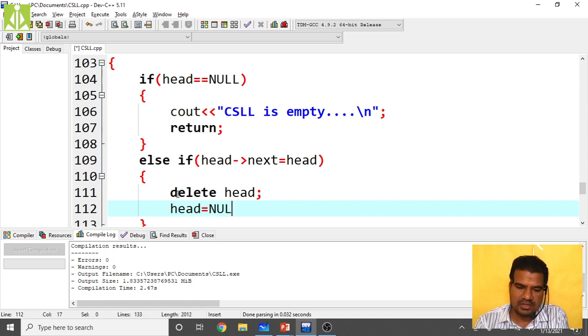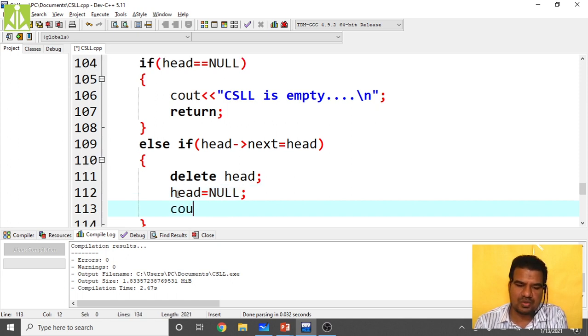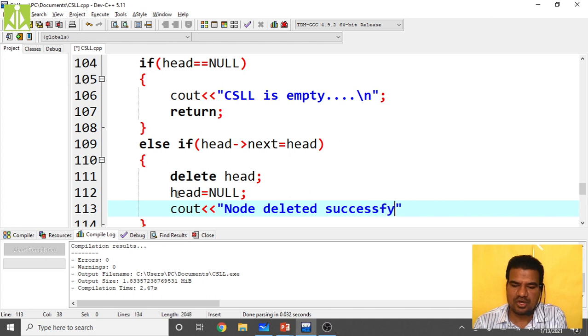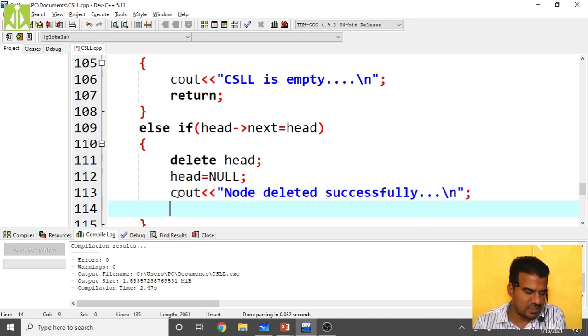Then print a message that the node got deleted successfully. Whatever deletion operation you are trying to perform, to show that it was successfully performed, we are printing this message and return from here itself.